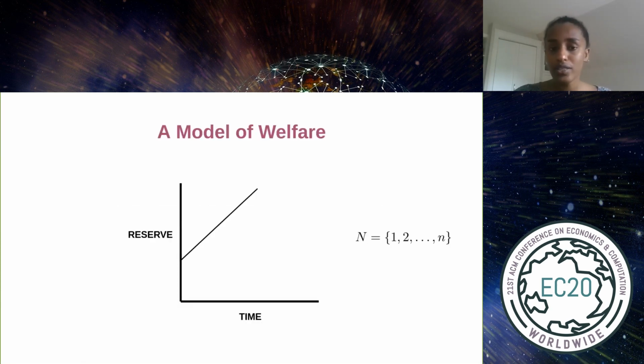So I'm going to show you a very stylized model that we were able to work with. It's based on the structure of Ruin processes. So we'll assume that we have N agents, which can represent families that a planner would like to assist. On the x-axis here, you have time. We'll assume that it runs continuously. And on the y-axis, you have the agent's reserve, which is sort of, let's say, how much they have at that given point that can help them buffer against